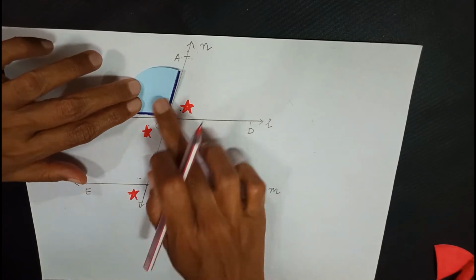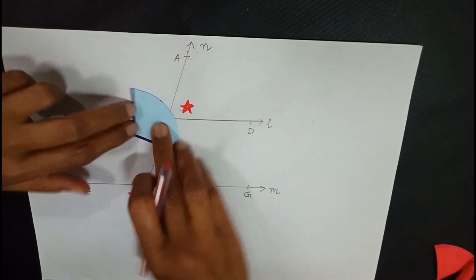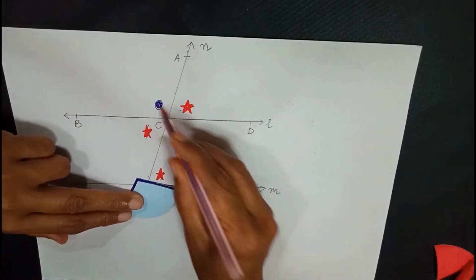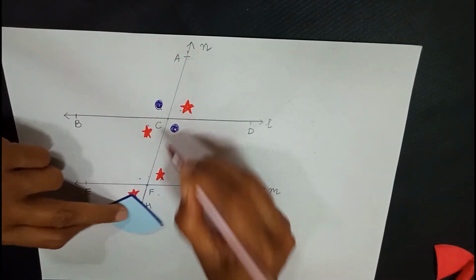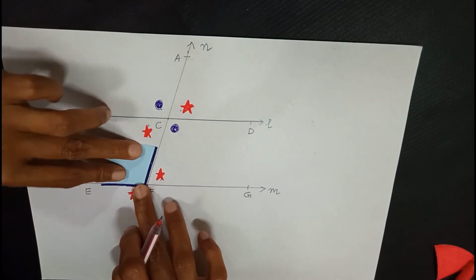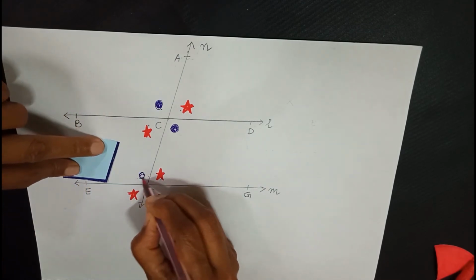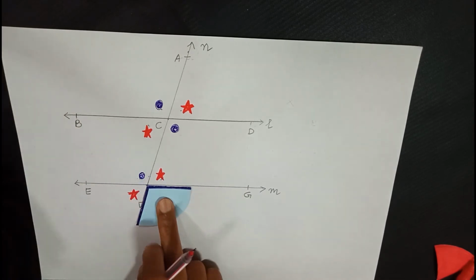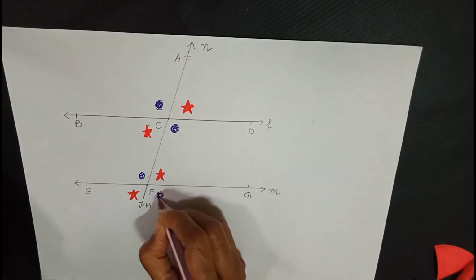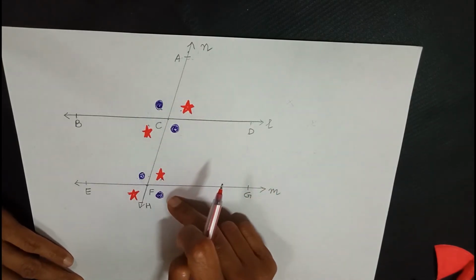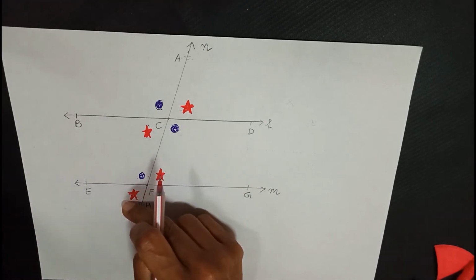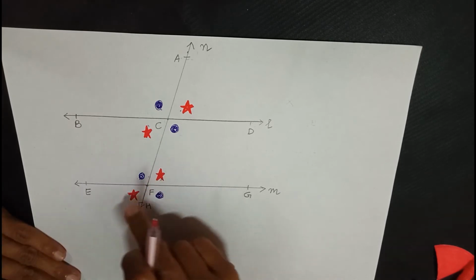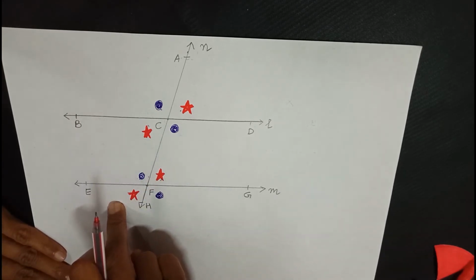Now let us see this. So now you can see this is the blue part, and again if I keep it here, you can see this is also equal. That means this angle is also equal to the blue part, and this angle is also equal to the blue part, and similarly even here you can see. So these four angles are equal in measure, and these four angles are equal in measure. So if this is 60 degrees, this also will be 60 degrees, this also will be 60 degrees, and this also will be 60 degrees.